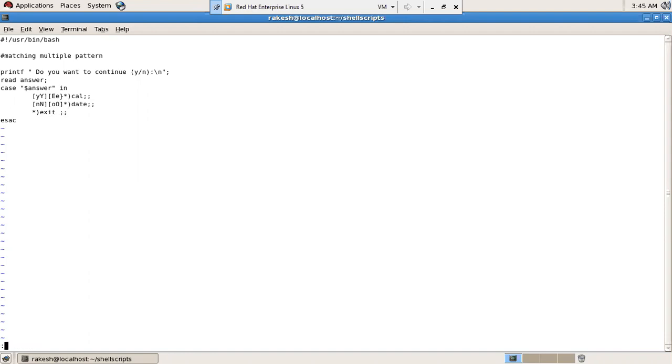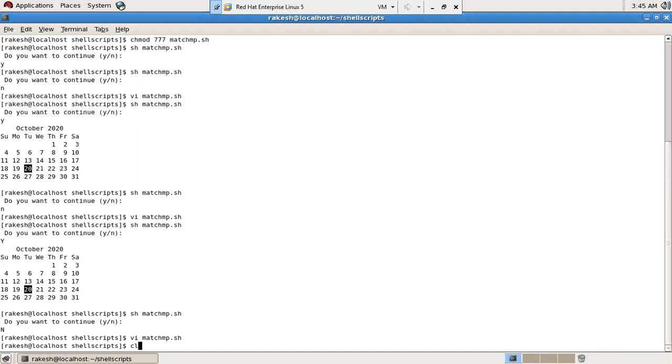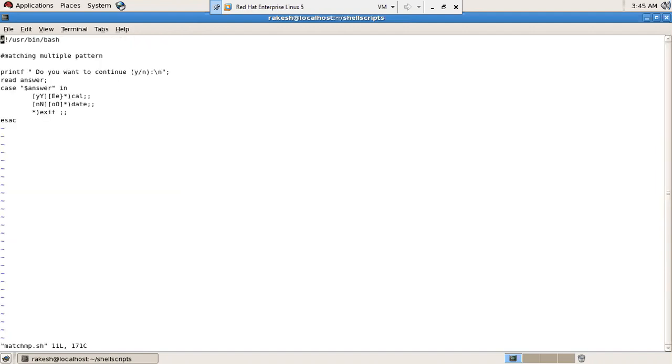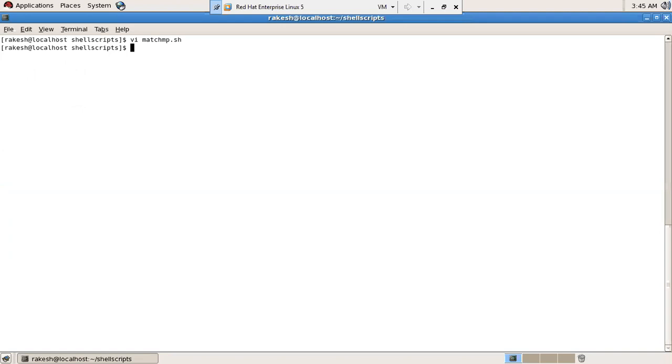Now check this code. Now I'm just modifying the pattern, right? If I press N, Y, it doesn't show the output. Why?